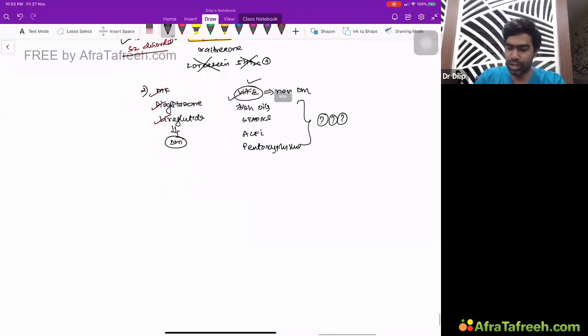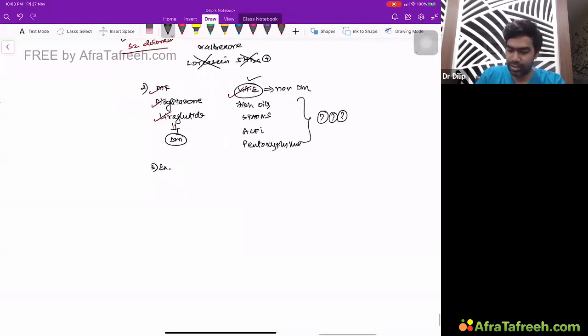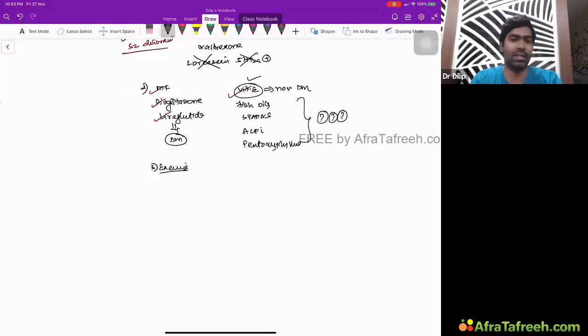And of course, we forgot the exercise, isn't it? Exercise is really, really important. The minimum exercise that is recommended is at least 10,000 steps per day, or at least 200 minutes per week of moderate intensity exercise. So that is what is recommended: 10,000 steps per day, or at least 200 minutes per week of moderate intensity exercise is what is considered to be optimal.